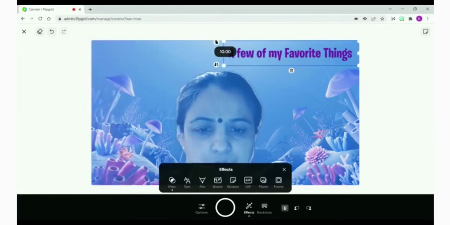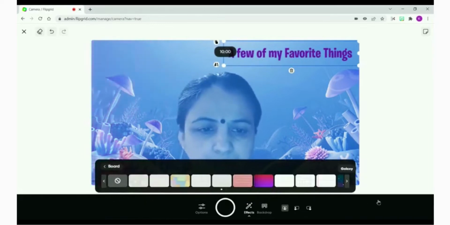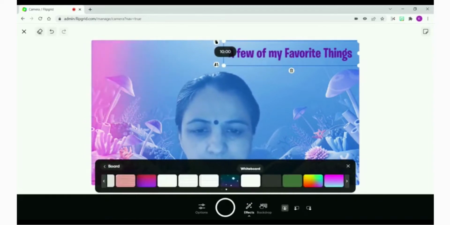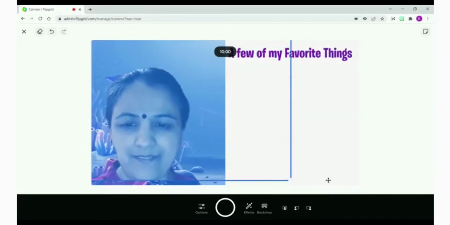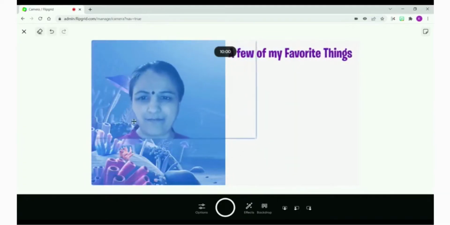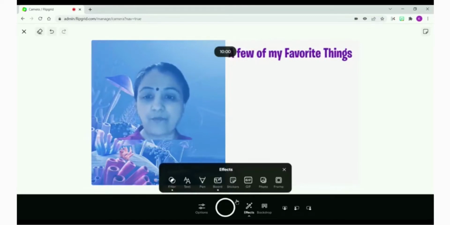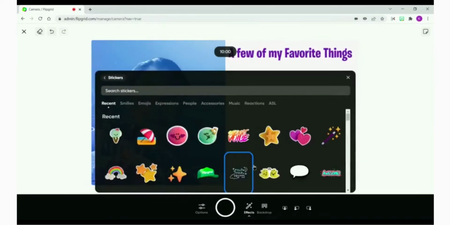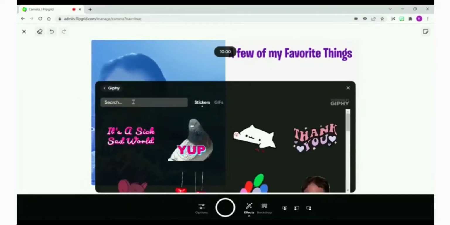Okay, the next option that we have is of boards. Again, so many presets available. I'm going to go with this one. Okay, and taking myself to the side, perhaps I can reduce my size as well. Okay, this looks nice. After that we have the option of stickers. So before I do that, let me go to chip.